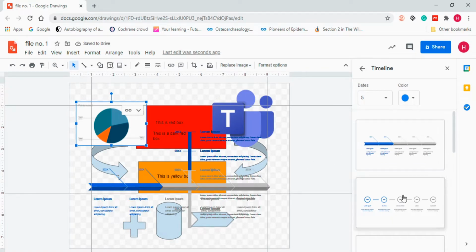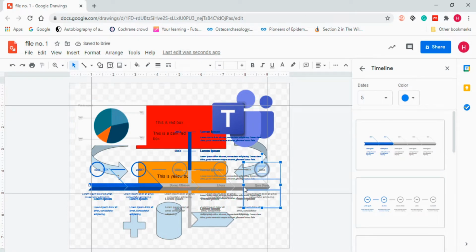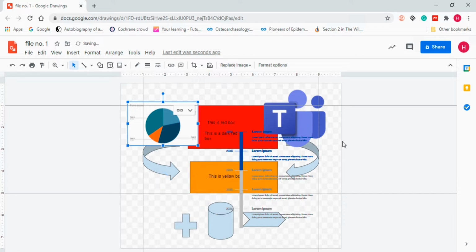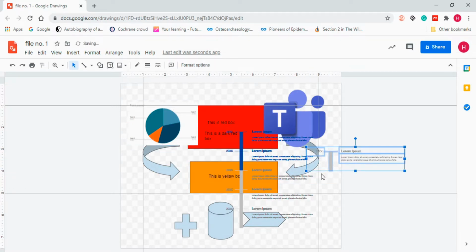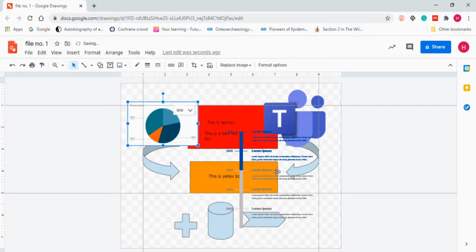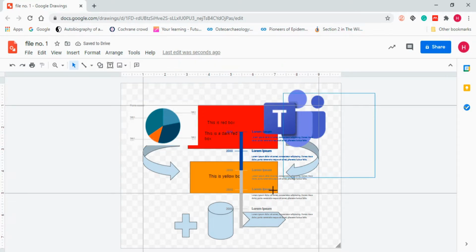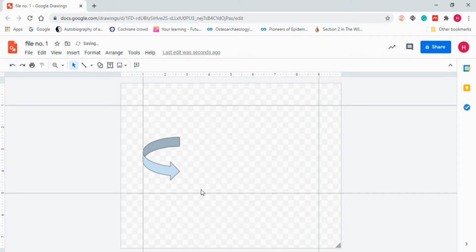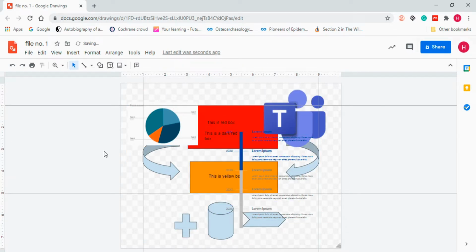Now you can see the chart has been inserted. Now if I want to change that, you can change that as well. Now if you want to delete them, you can just remove the timeline, click on undo, and you will be able to do that. Now you will see there is one timeline that is available on your screen. Now if you want to just remove them, you can just undo that also, or you can select this and click on delete. It will be deleted. So this you can do in your Google Drawings.